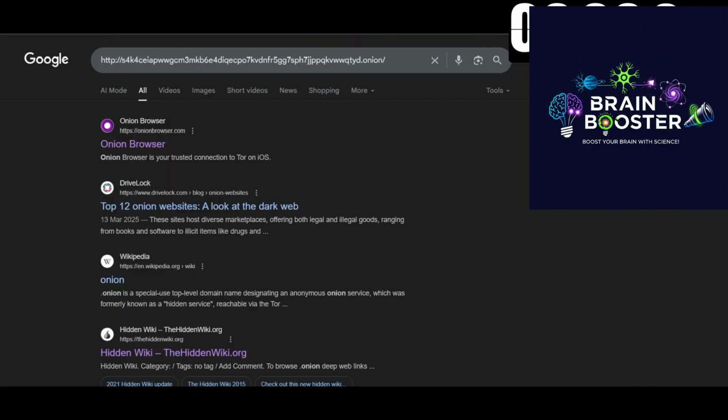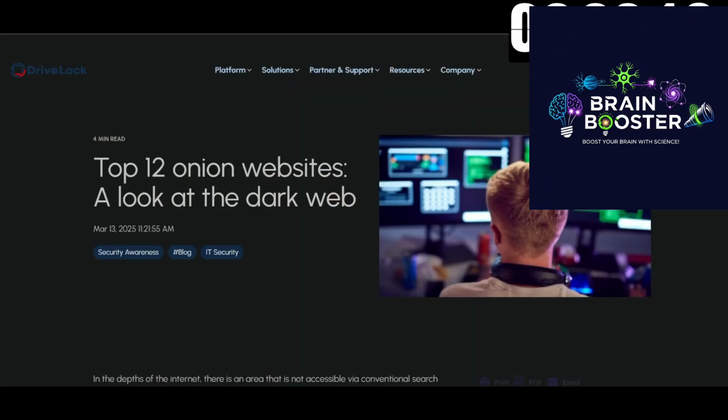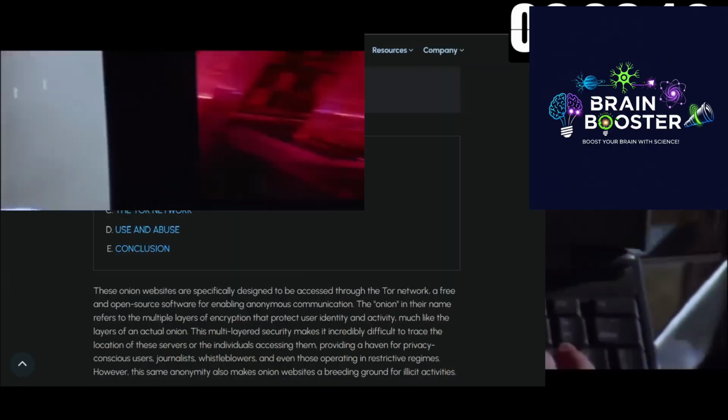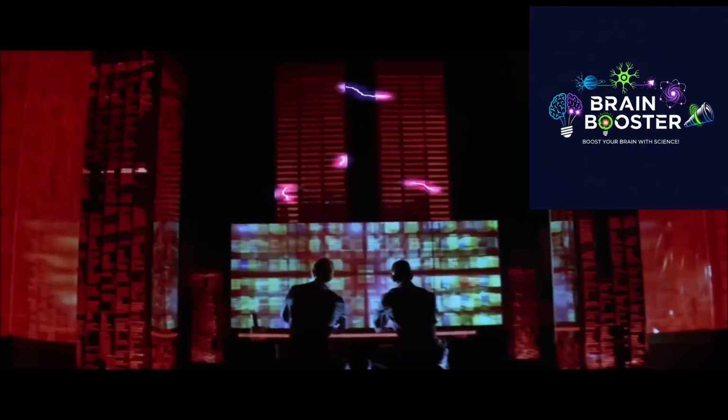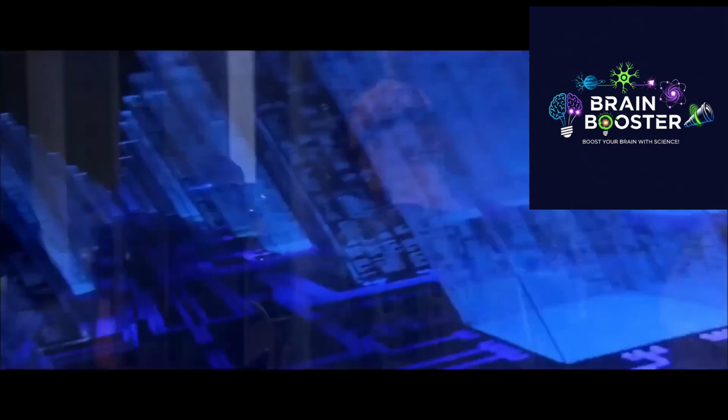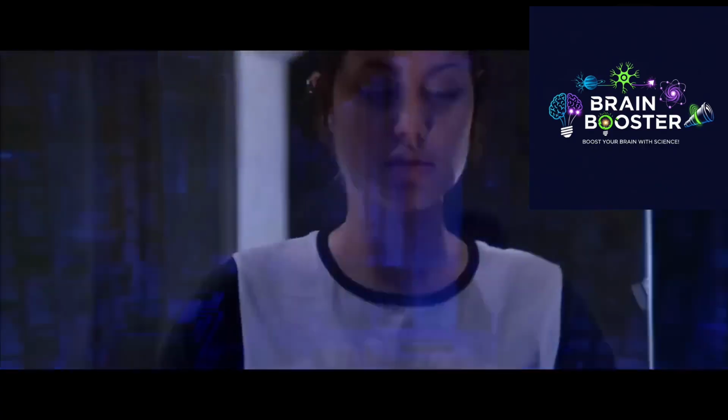If you don't know the exact URL of an onion website, then you can't access it. You can't open it. Now, the question is, how do you learn about these websites? Those who use these websites share their URLs with other people on different forums, and through this sharing method, these websites reach other people. Apart from this, there is no other way to reach them.